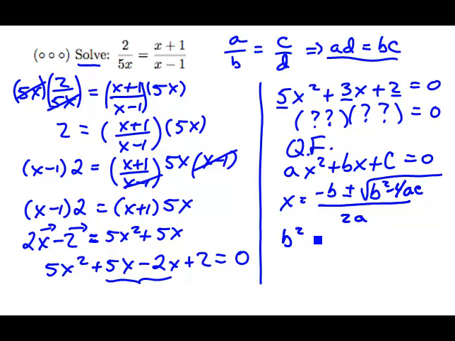So the first thing I would do is calculate that. And in this problem, again, the b is the 3. So I get a 3 squared minus 4 times a, which is 5, times c, which is 2, and calculate this number so that I can really check the sign of the value. We'll have 9 minus 40, which you can get the exact value, but